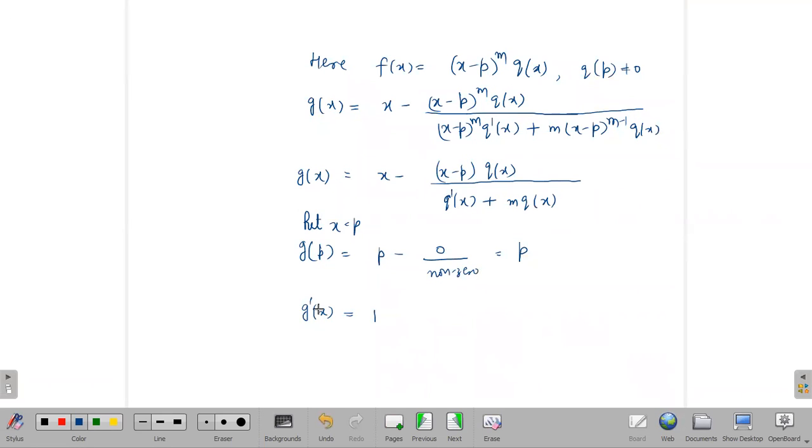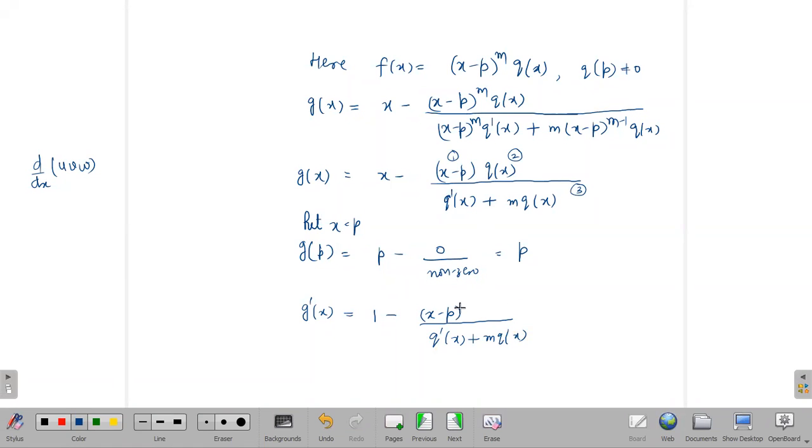So first of all, you take its derivative with respect to x. So x derivative is 1. Now how to take its derivative? Actually, it is a complicated function. So you can do one thing, either you take u by v form, or you can take three functions. Means this is first function, this is second function, and 1 by this as a third function. Okay, so you know how to take the derivative of three functions. Means we will take 2 at a time as it is, and then third derivative. So let us take x minus p as it is, means first function as it is, and third function is also as it is,